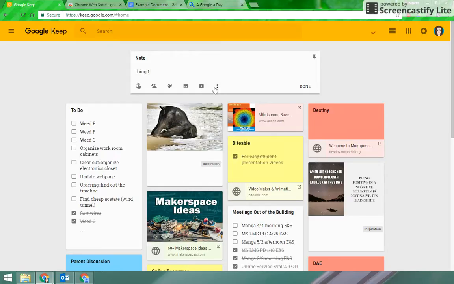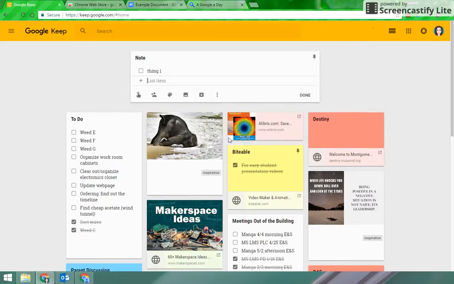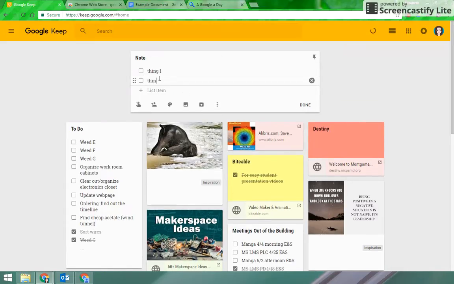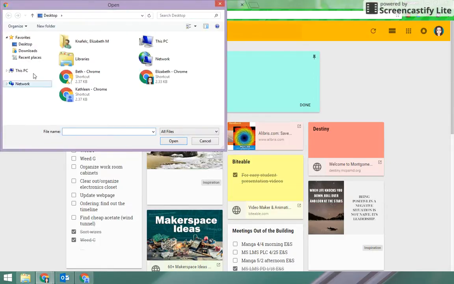The other thing you can do is make that a checklist. If you click more, show checkboxes, it turns it into a checklist, which is obviously a great thing for to-do lists. Other things you can do with a note, you can give it a color. So if you want your note to be this teal color, there it is. You can add images to it. That'll go ahead and pop up